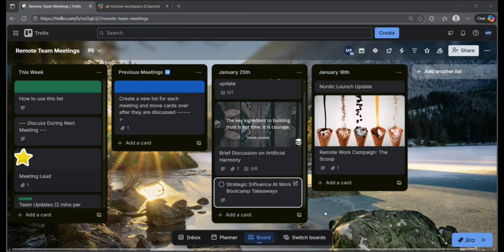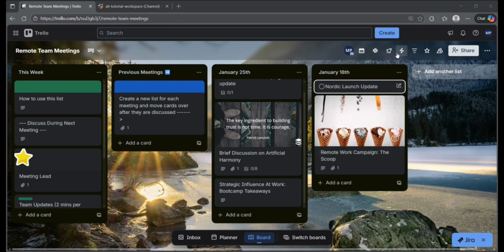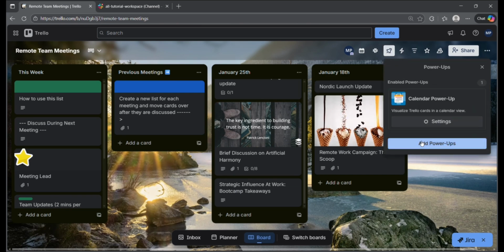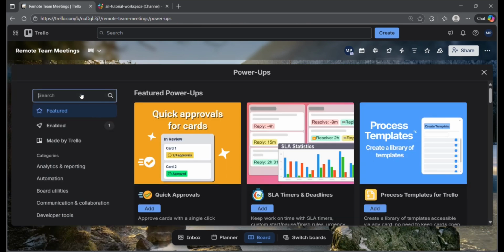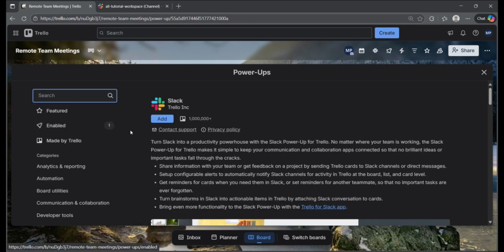To get started, simply head over to the Slack app directory. From there, you then have to search for Trello or go to the Trello Power App section and select Slack. So that's what we're going to be doing here. We're going to click on the Power button, then search for Slack. Once you found it, you then have to select it and connect your accounts by logging in and authorizing